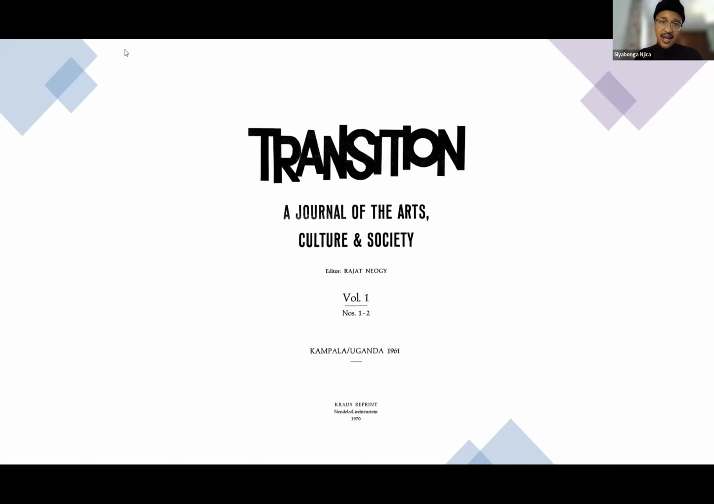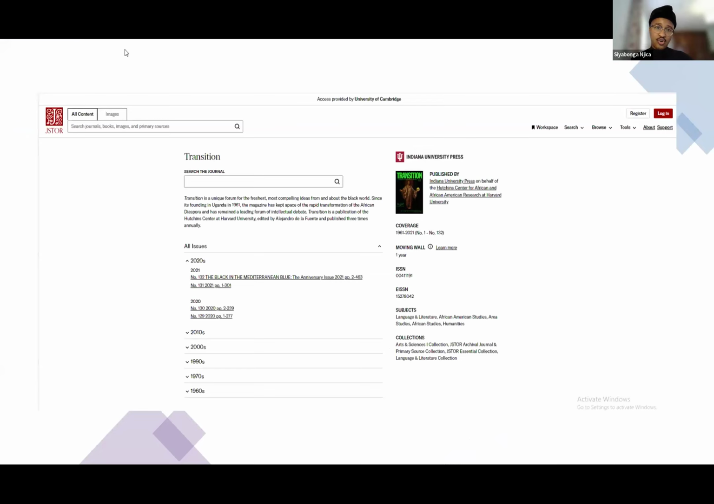Now, one of these Kampala-based cultural institutions or intellectual forums was Transition Magazine, founded in 1961, shortly before the Conference of African Writers in Kampala. Some of the debates of the post-colonial African intellectuals who gathered in Kampala spilled over into the pages of Transition, and the magazine remains an important resource for the understanding of African intellectual and political thought. The entire run of Transition is available as a digital resource on JSTOR following its acquisition by Harvard University's Hutchins